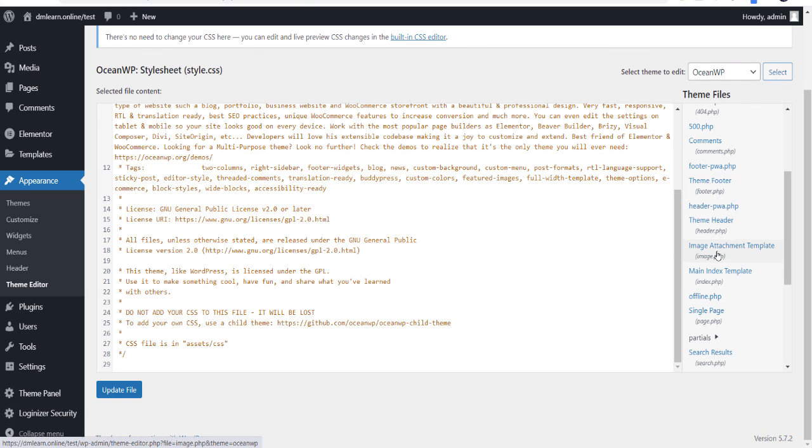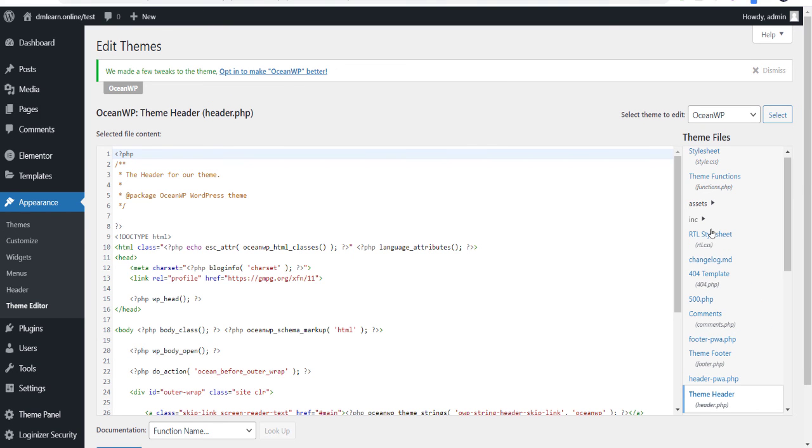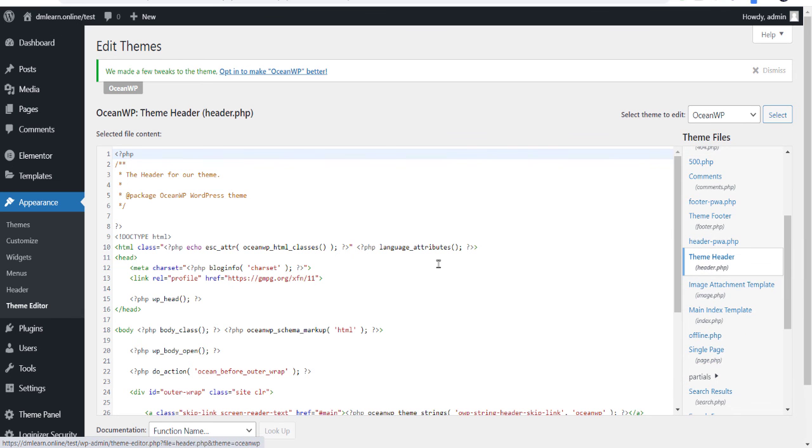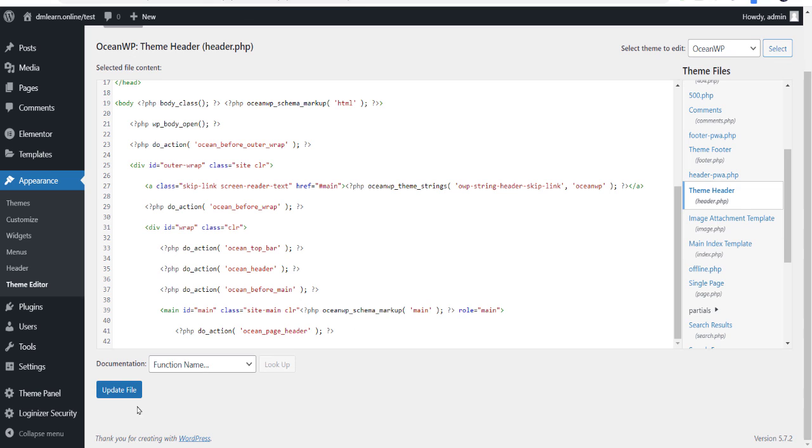The main use: suppose you want to connect the Google Analytics code to your website. You just need to go to header.php, because the Facebook pixel, Google conversion code, Google webmaster code, Google Analytics code, Pinterest code, Yahoo code, all go in the header. So you just need to click header.php, and before the closing head tag, you just need to add all this code and just update.